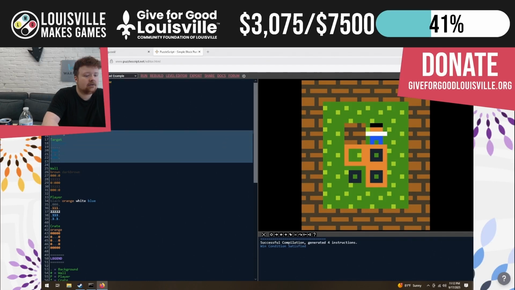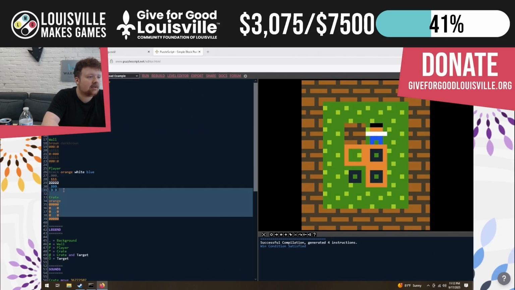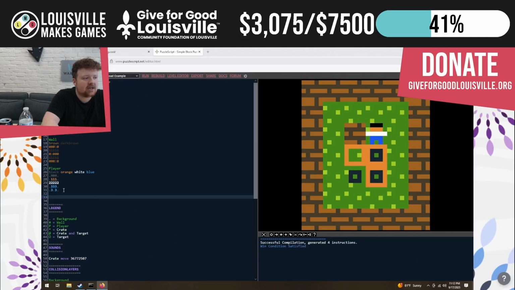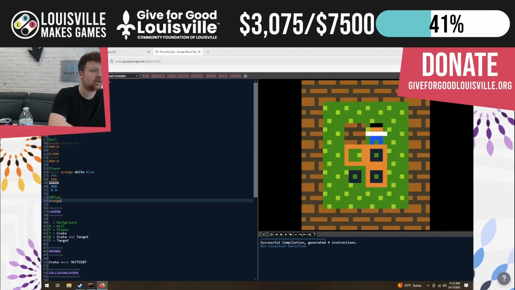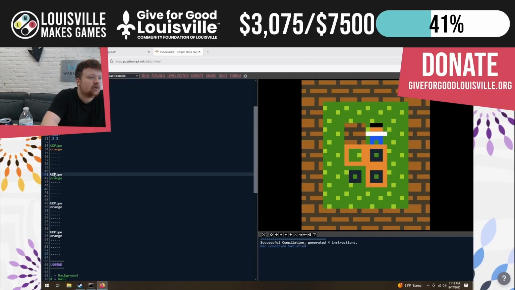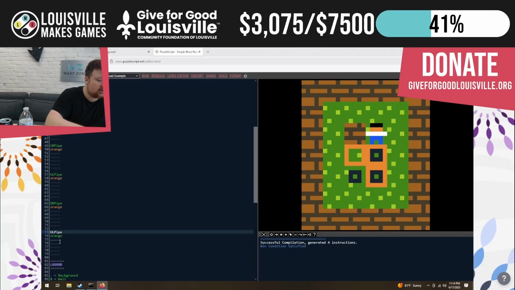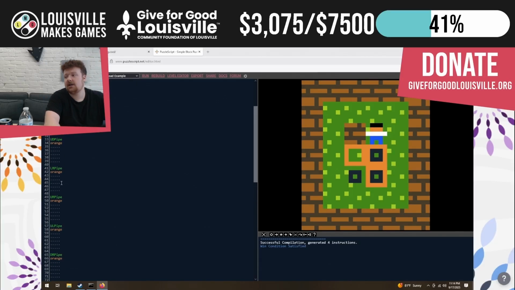And that's exactly how our game is going to work. There's not going to be a target, and there's going to be a player. There's not going to be a crate. There's going to be pipes that have different kind of angles. UD pipe, so that's an up-down pipe. We are going to make pipes orange. Okay, and then we'll just kind of draw the shapes here in the text editor for what those pipes should look like. The up-down pipe is going to be like this. So the number 0 refers to orange, so we're going to go this. That LR pipe